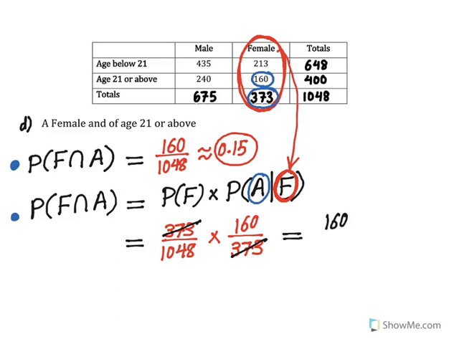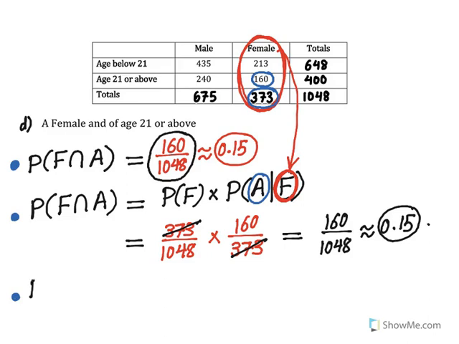And look at what you'll get. You'll get 160 out of 1,048, which agrees with the number that we just got for the first way that I did it, which is approximately 0.15 or 15%. If you want to see the last way to do it, you can do it as probability